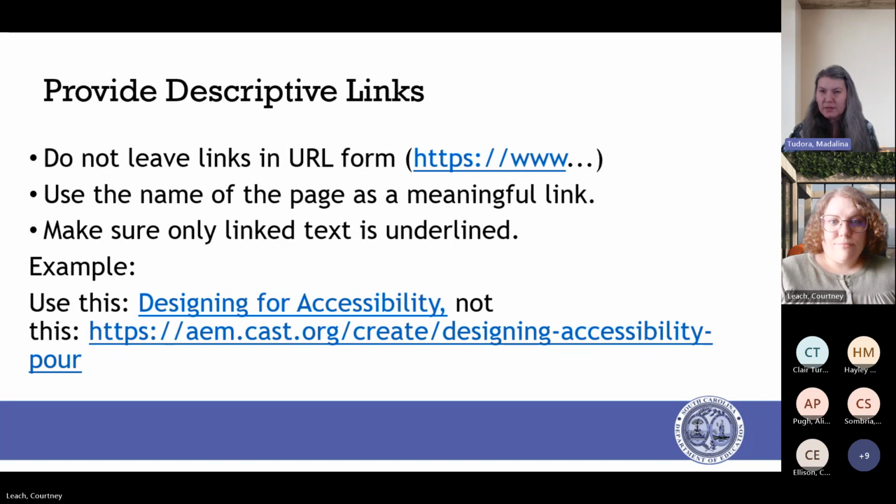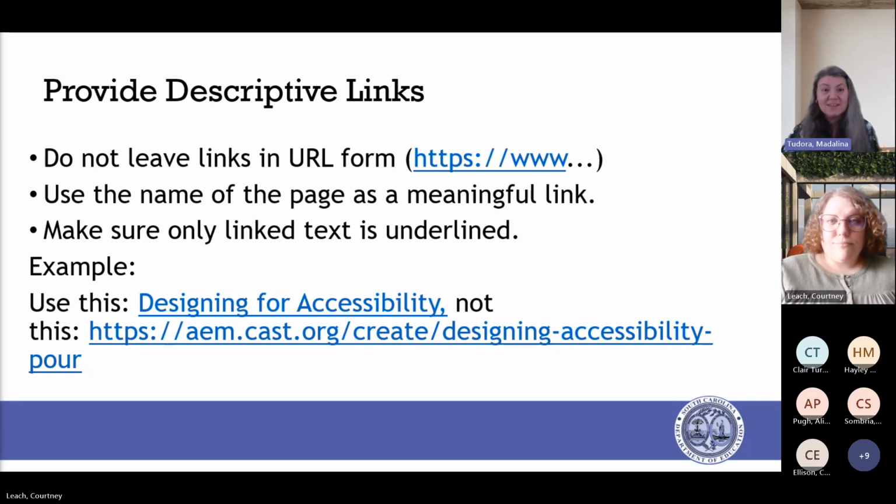Google makes it fairly easy to do that. If you're in Google Drive, for example, if you click on a link, it does give you the option to make it descriptive. Microsoft is doing that. So you have options. I would say if you're in a program that does that automatically for you, you may still want to check that and make sure that it says what you wanted it to say.